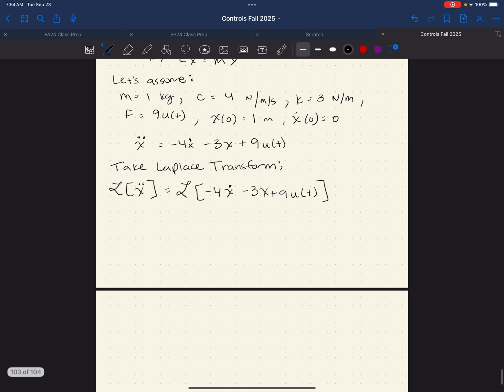So if we look at our tables for the Laplace transform of a second derivative, we should get s squared big X of s minus s times our initial condition x of 0 minus x dot of 0. Okay, and this is equal to the Laplace transform of everything on the right. And so again, you can use your table, find the Laplace transform of x dot. We should just get minus 4 big X of s